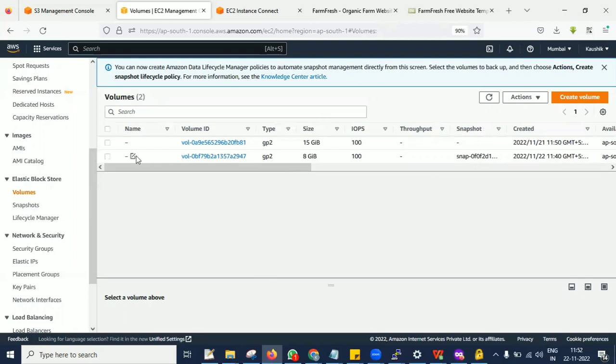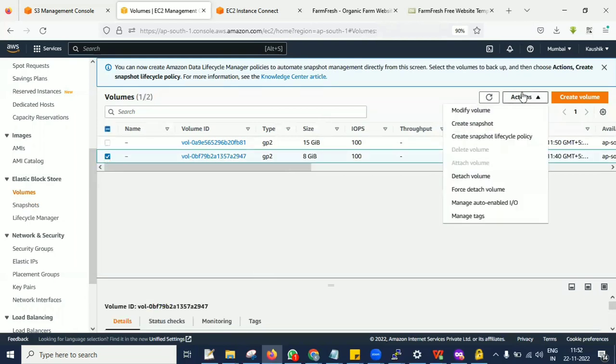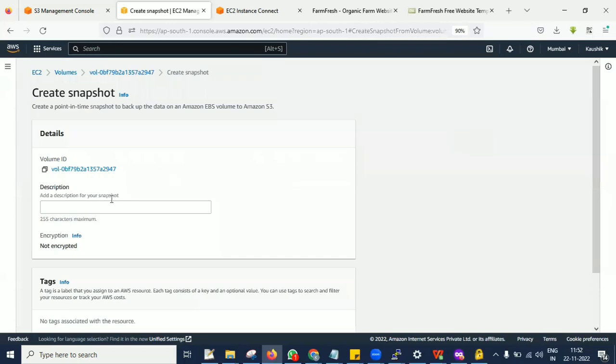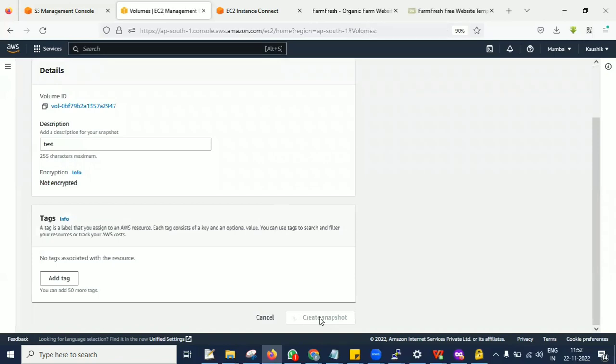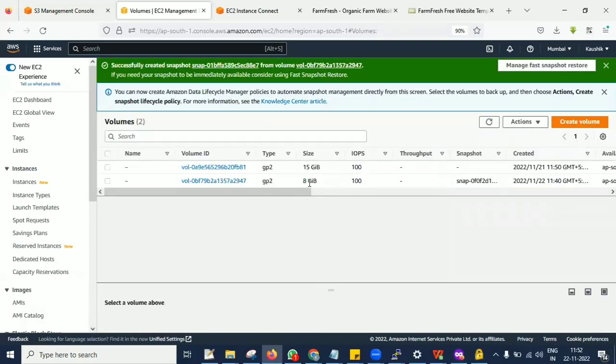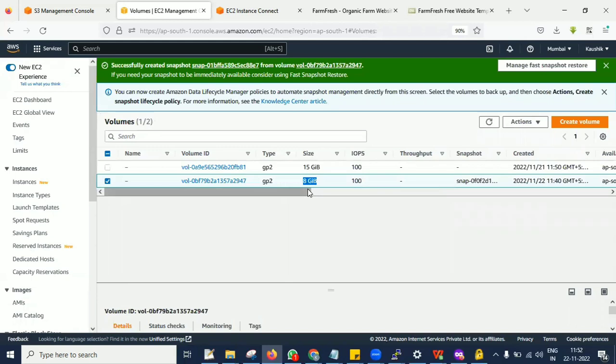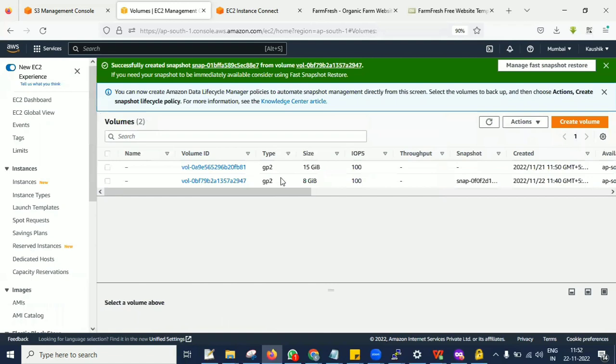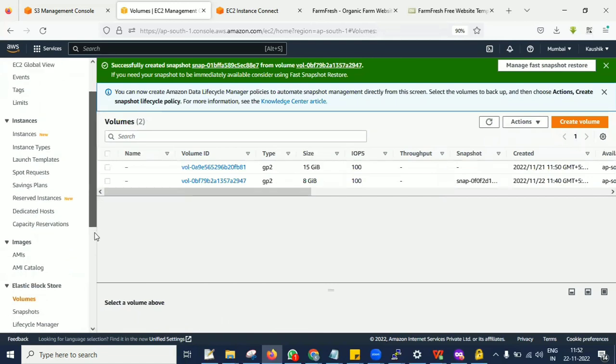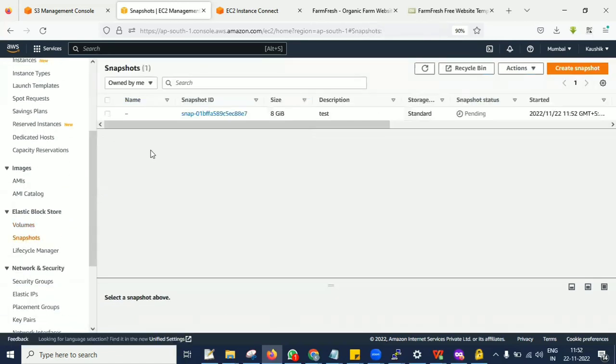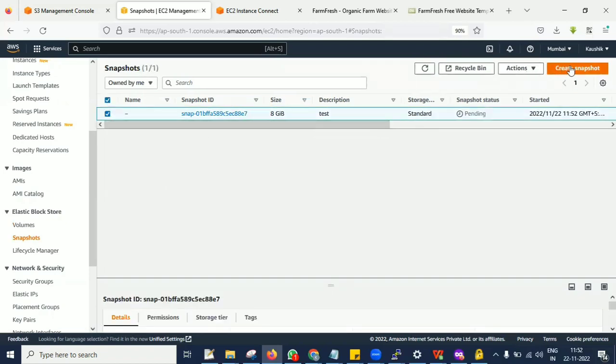In that case, what you can do is select this action, create snapshot. Just give whatever name you want and then create snapshot. So the same data available in this full drive, like C drive, D drive, will be backed up and stored as a snapshot. Going forward, if you want to have the same set of data in some other instances or servers, then you can just select this one,